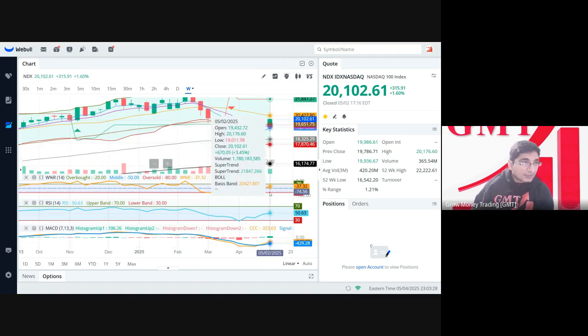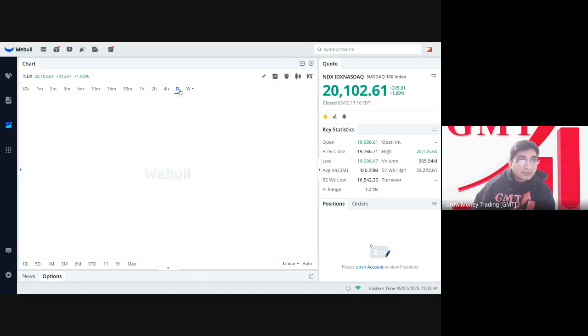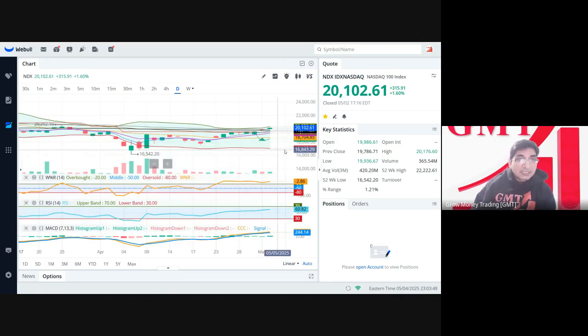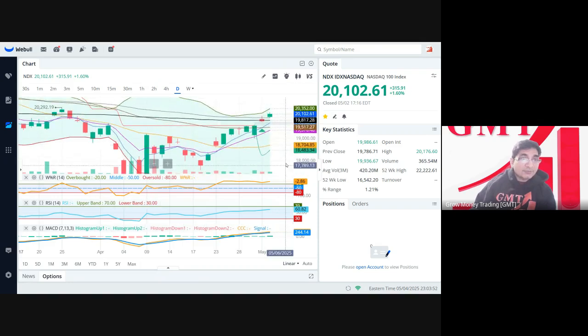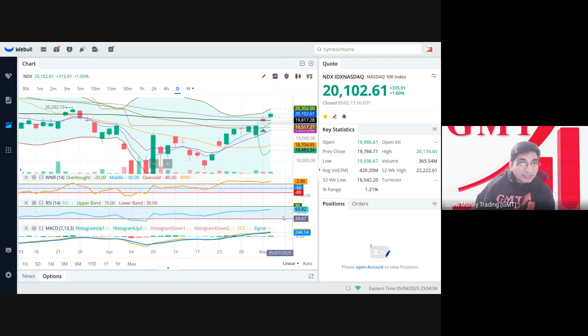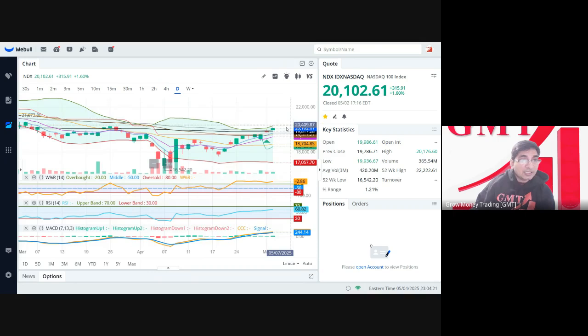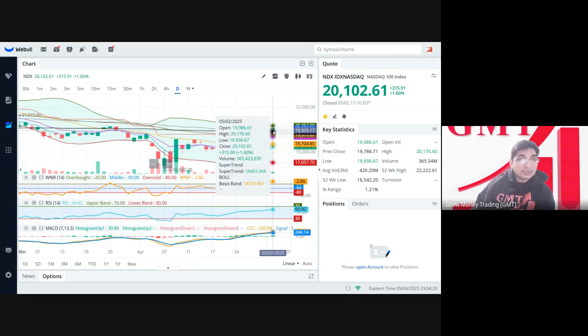If we look at the indicators, Williams R, RSI, and MACD, the bullish trend on the weekly chart seems to continue. If we look on the daily chart, there's a difference in what the indicators show here. Williams R, RSI, and MACD are almost near the overbought region, especially Williams R, which is already in the overbought territory. It has closed above the 200 EMA, which is a positive sign, and the upper Bollinger Band is at